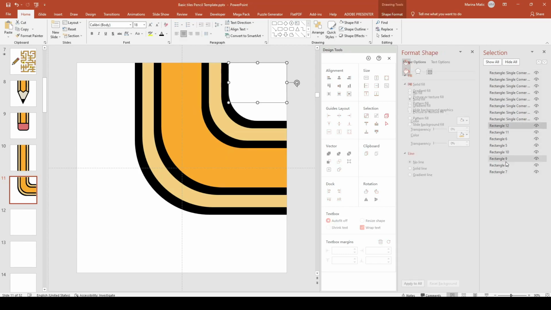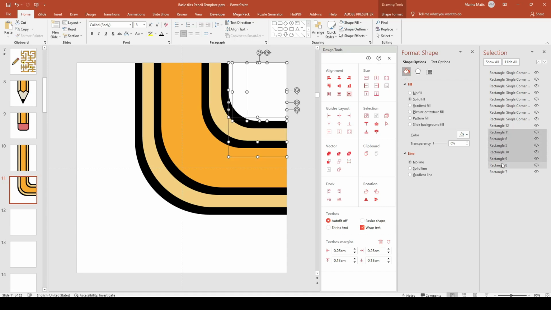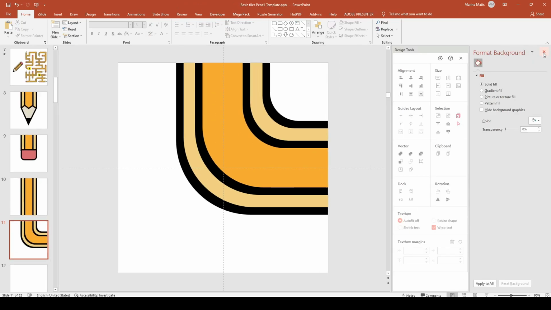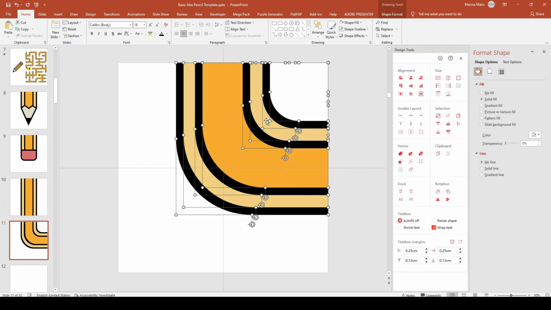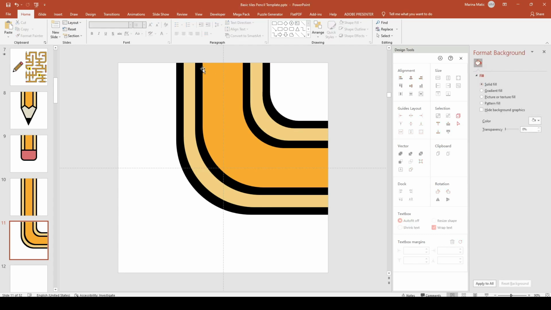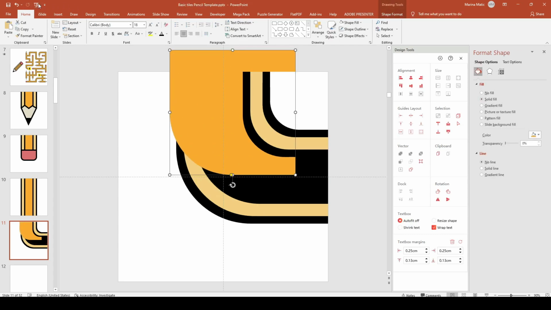Perfect. And now these rectangles I used before, I can all select them. I'm holding the control key as I'm clicking them because I cannot see them, but I can select them on the menu and delete them. So why did I do all of this? I did all of this because now I can select them all, and now I can change the diameter of this one. So I can change the curvature, so I can make it like this or all the way up to here. Now this is how you make round